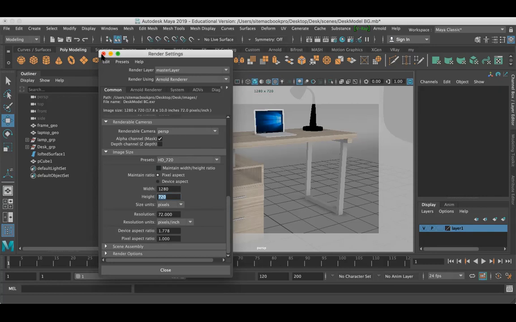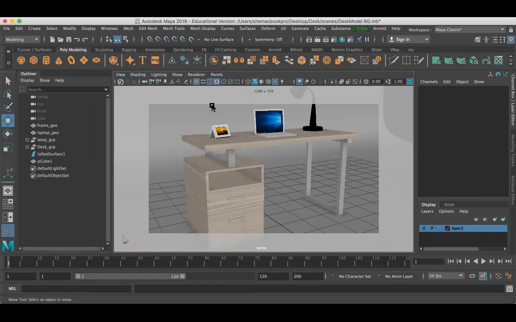Now I'm going to close my render settings, and you can see a box outside here. The objects outside the box won't be visible in your image. Only the things inside will be visible. Half of my model is outside, you can see here.